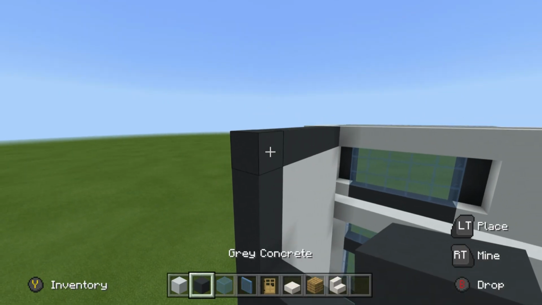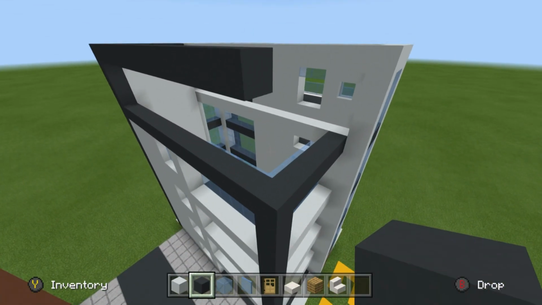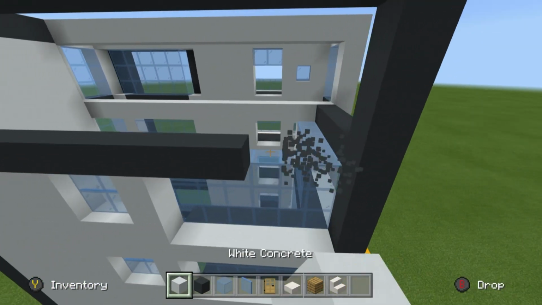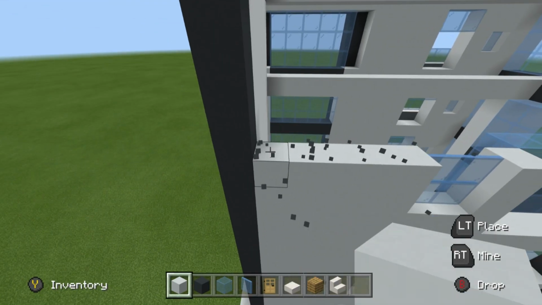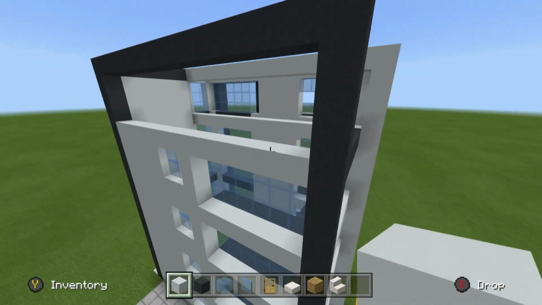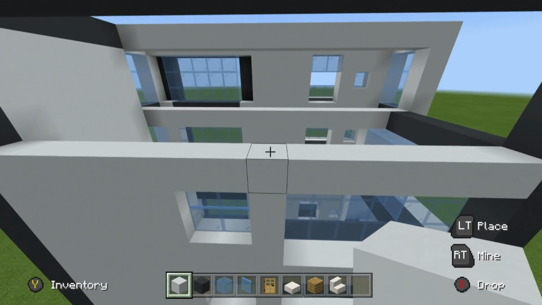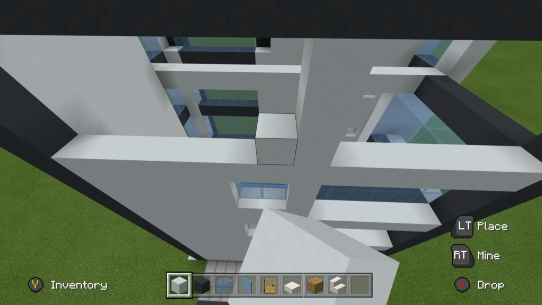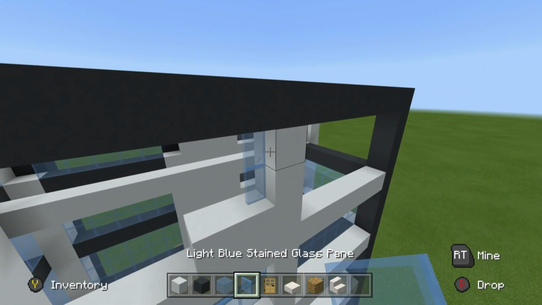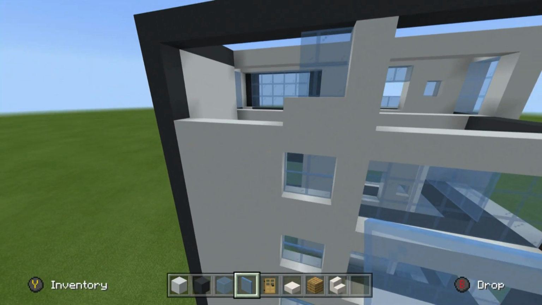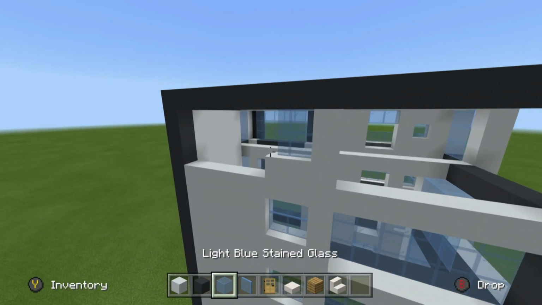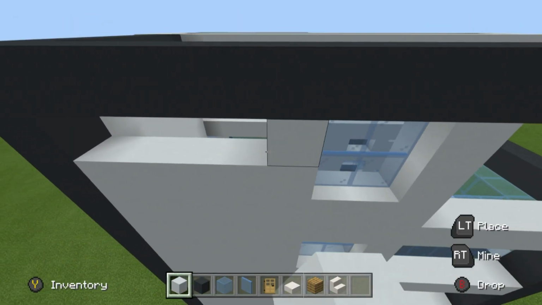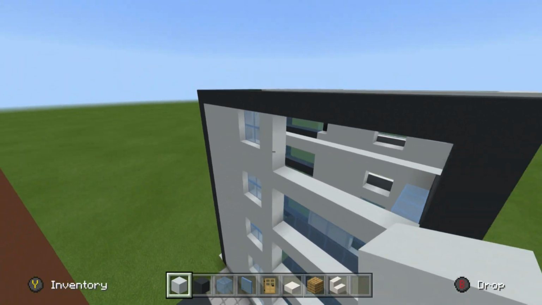So we have to extend the grey concrete from the corner and join it down, and we will have to destroy this row of white concrete or grey concrete here and replace it with white concrete. We want to create that dividing row between the front and the back. You want to add another row of white above the window, and then 2 whole rows of light blue glass pane above the window. We then use some white concrete to completely fill in the back portion of the apartment